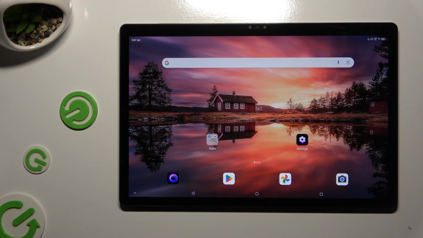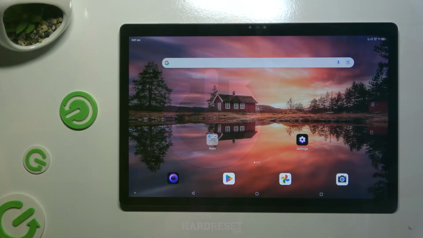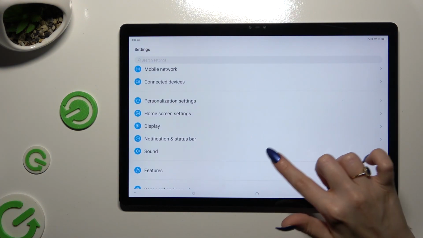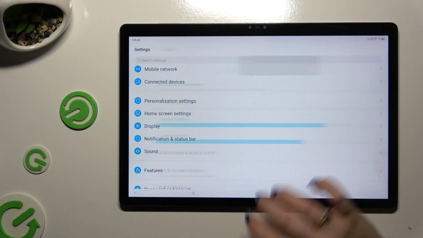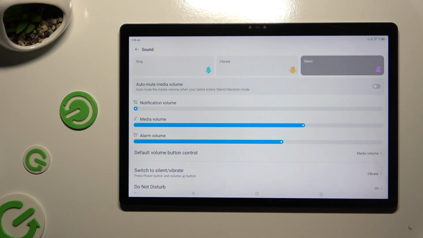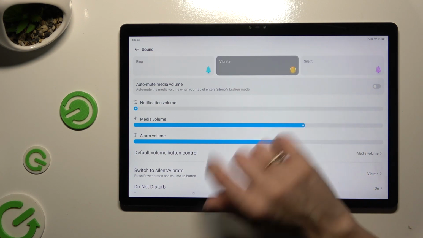In front of me is Nubia Pad 3D, and today I would like to show you how you can manage vibration settings. Begin by accessing settings and tapping on sound. Over here, now you can tap on vibrate at the top in the middle, and this way mute your device completely, leaving